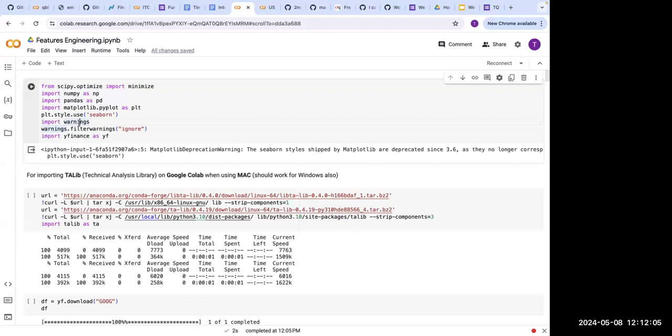WorldQuant directly gives you that data, but in the real world you don't really have those. So how would I build some features from scratch using any data? This is about building features and how they can be used, and the insight into building those specific indicators, and how they can be actually used in generating some signals.